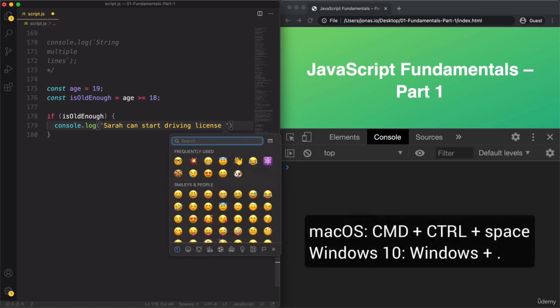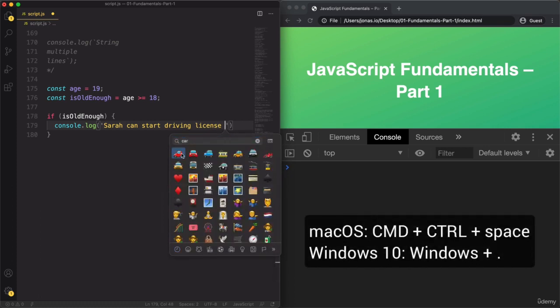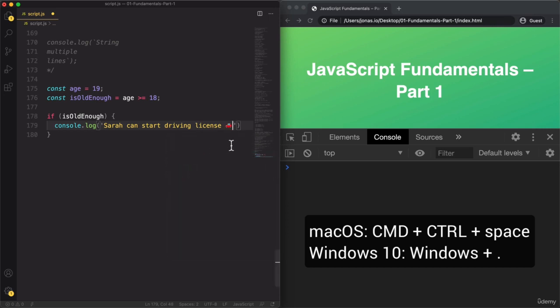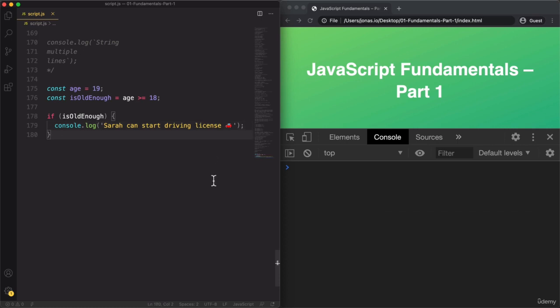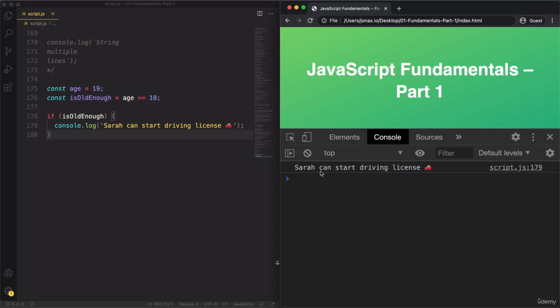And on the Mac, that's Command Control Space. And on Windows 10, the shortcut is Windows plus the period sign. But adding the emoji here is also not really important. So let's give it a save and try this out now. And indeed, we get Sarah can start her driving license. And that's because the age is 19, and so it's above 18. So this is true. And so if isOldEnough is true, then this block of code here will be executed,